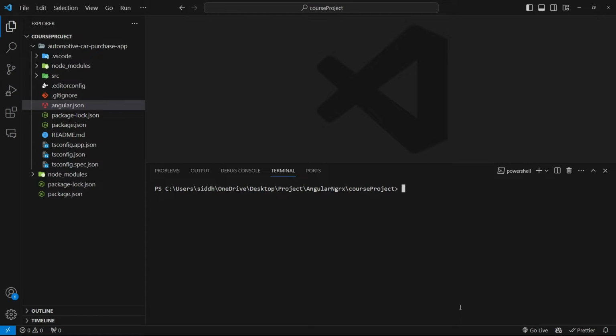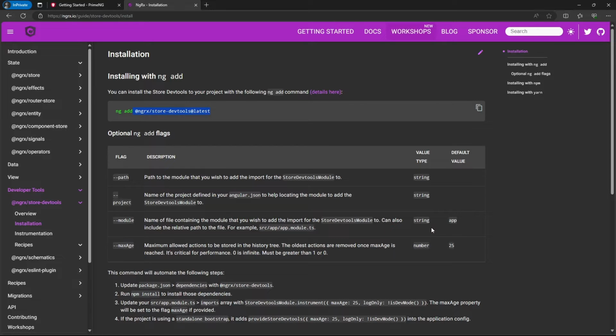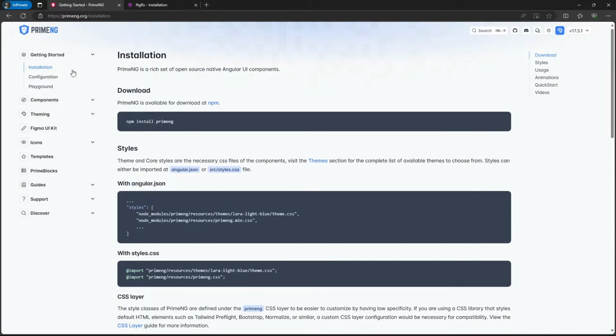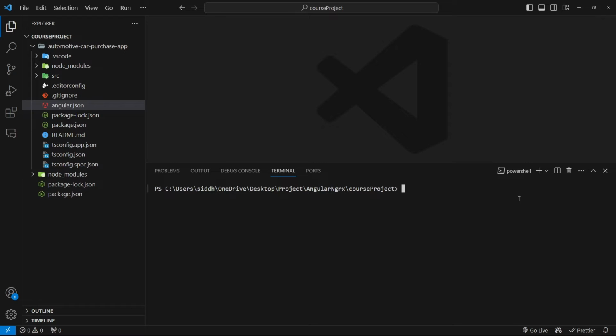Now with the cls command, we can clear our project, and if you're on a Mac, you can use the clear command to clear everything. Now, once we are ready for this, what we want to do is first of all run our project. So to run this project, we want to run ng serve, and this will then start running this course. And before that,